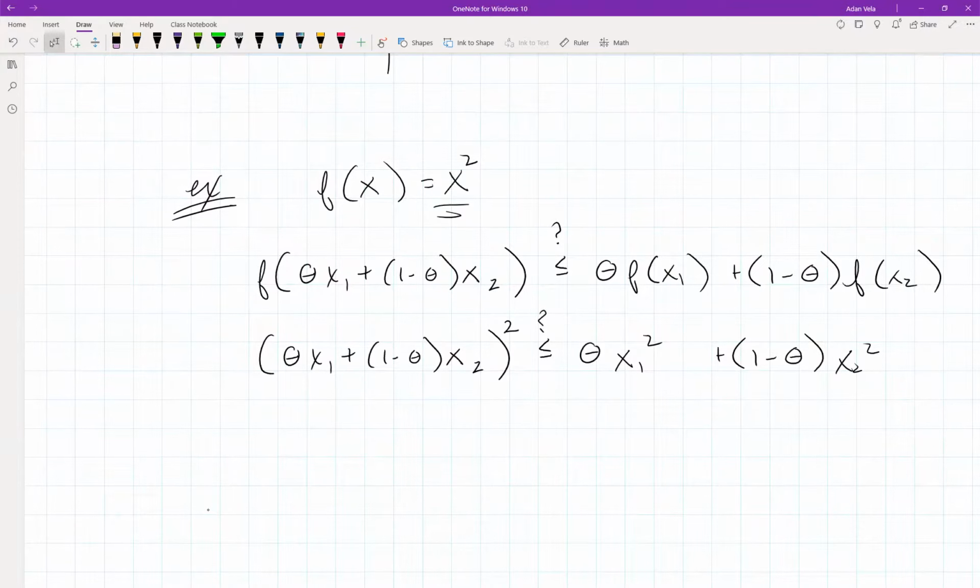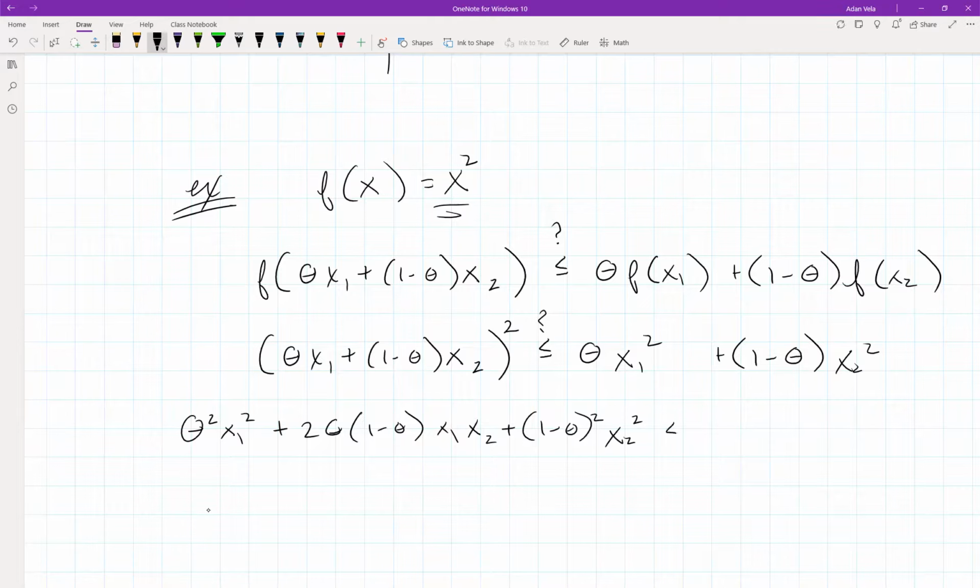We can multiply all this out. We get theta squared x1 squared plus 2 theta, 1 minus theta, x1 x2, plus 1 minus theta squared x2 squared is less than or equal to